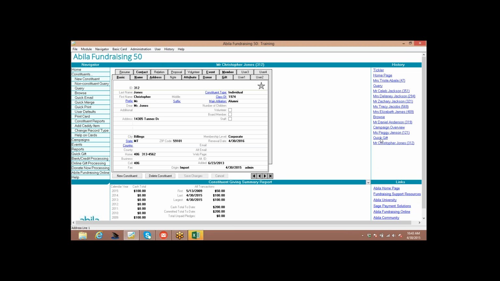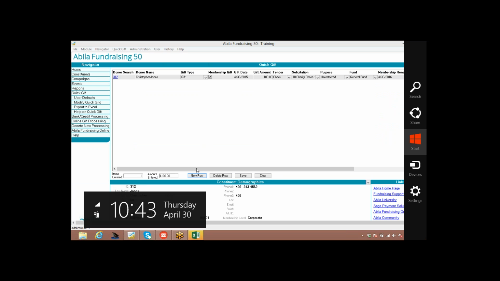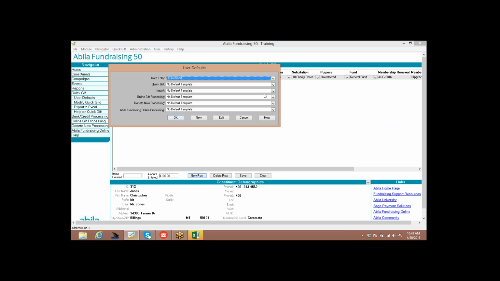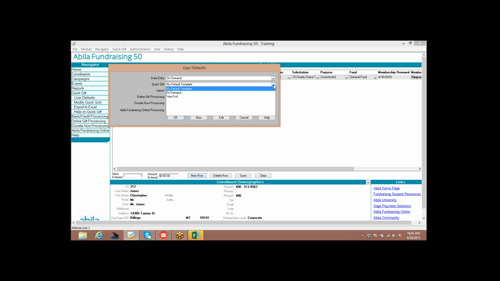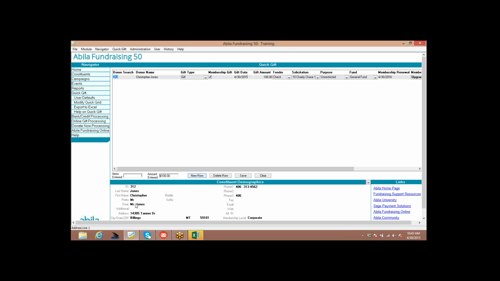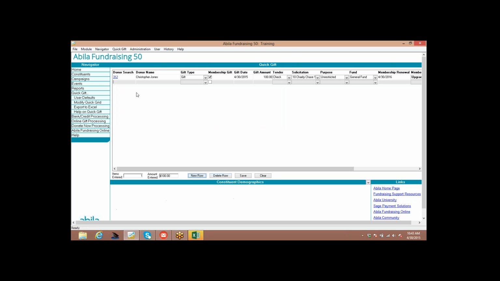All right. I could quickly go back to my quick gift, and then I could add a new row. Let me just go right back over here to my user defaults. Aha, notice that right here where it said no default template, this was user error here, guys. What I'm going to do is say on demand because that's the one I had set up. I could just click on new row. I could put a new gift in,